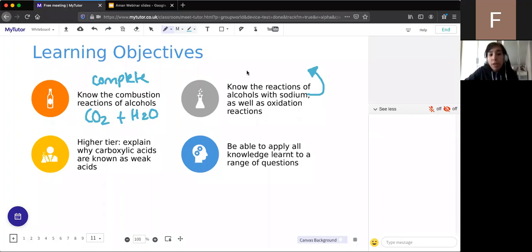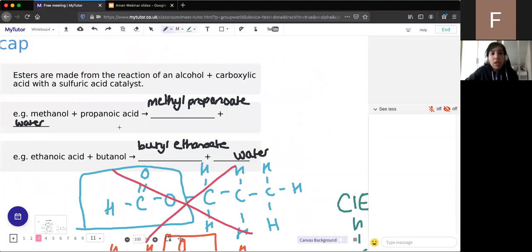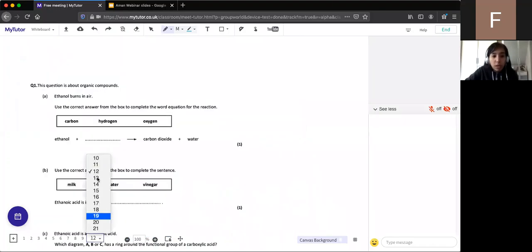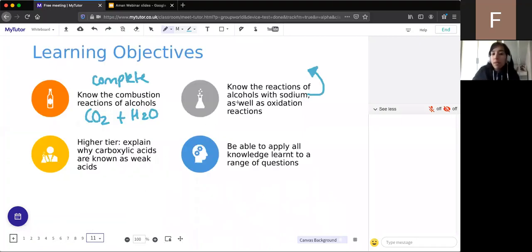Someone's asking me what reaction makes ethyl ethanoate. So it's an alcohol plus a carboxylic acid. If I just go back to this slide here, right at the beginning, we recapped what we covered yesterday. So esters are made from the reaction of an alcohol plus a carboxylic acid. Good, so everyone that's giving me the answers to the question for the learning objective here, yep, it's sodium alkoxide